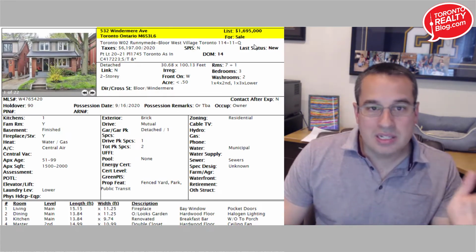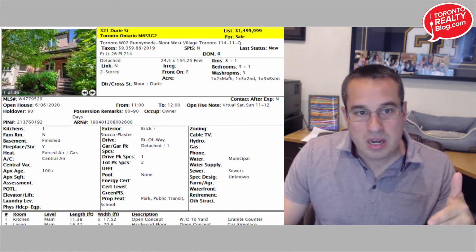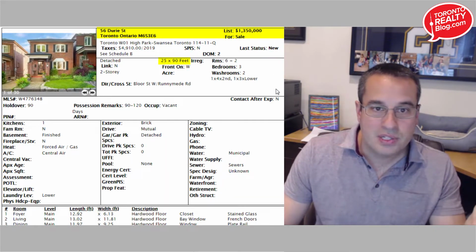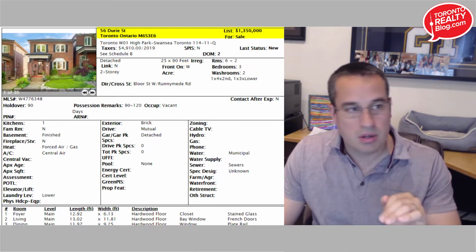So $1,695,000, maybe it's a bit tight, right? Because we go back to this one here, this is 24 and a half, 154, $1,499,000. We go back to the first one, $1,350,000, right? This thing's not going to sell for $1,350,000. It's going to sell for more. But 56 Durie to $1,350,000,